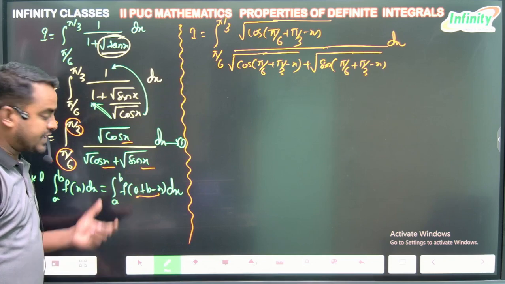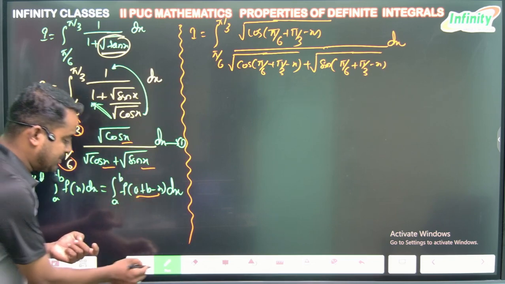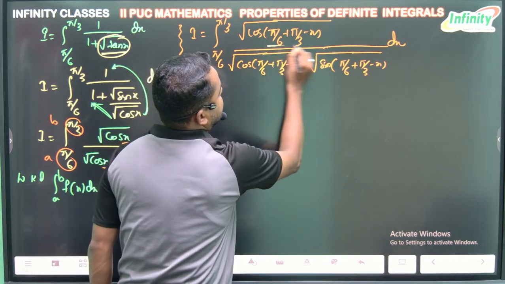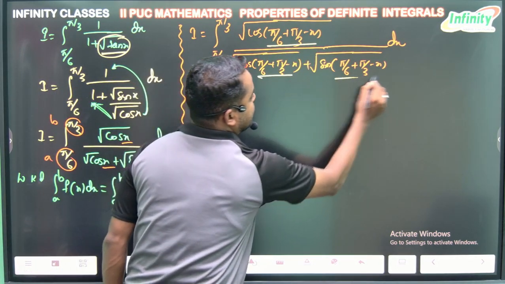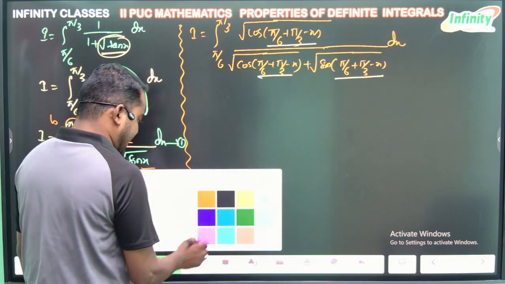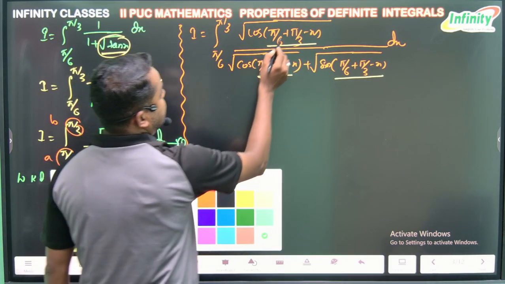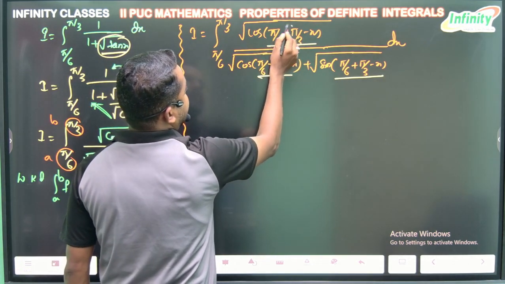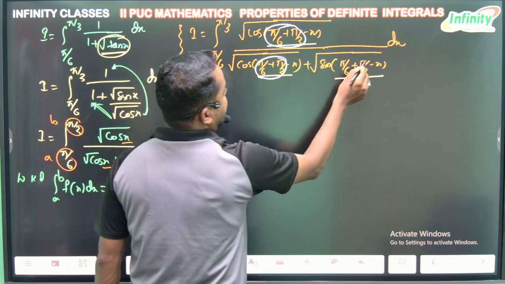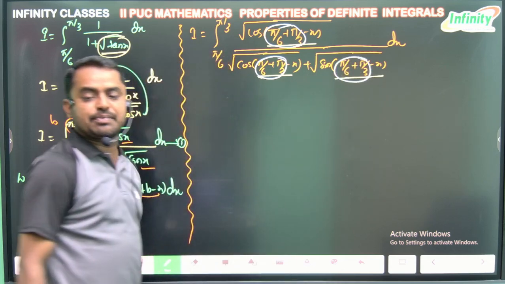So this is after applying the property a plus b minus x, in each place a plus b minus x. Now on simplifying this, 5π/6 plus 5π/3 is nothing but